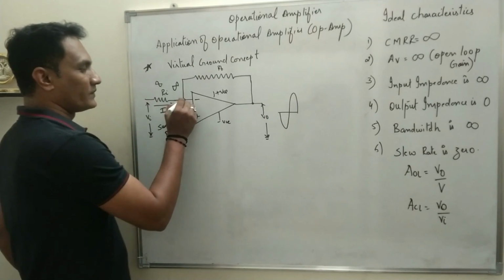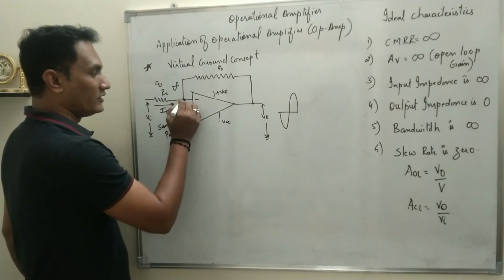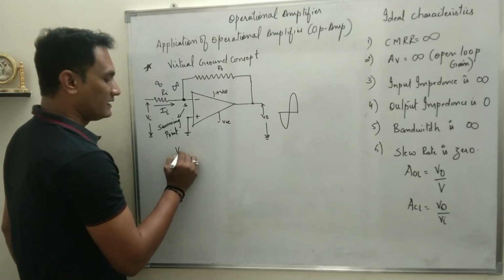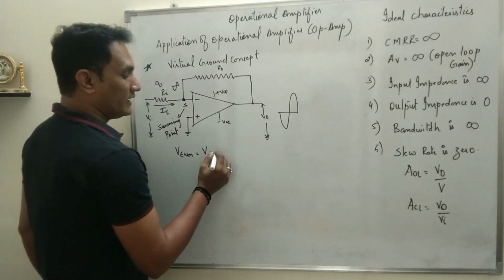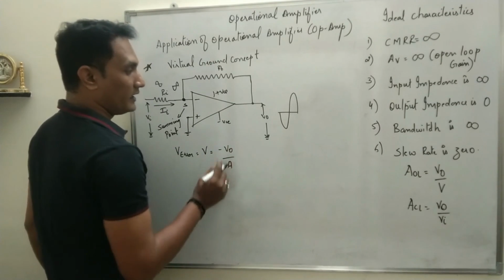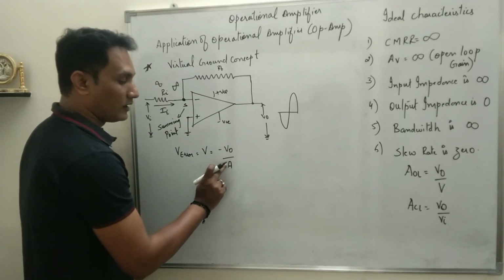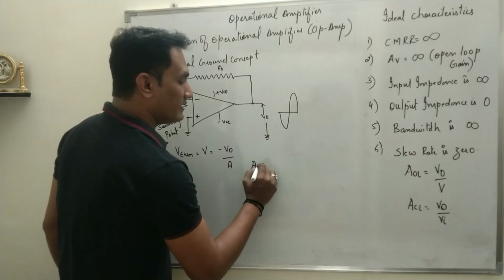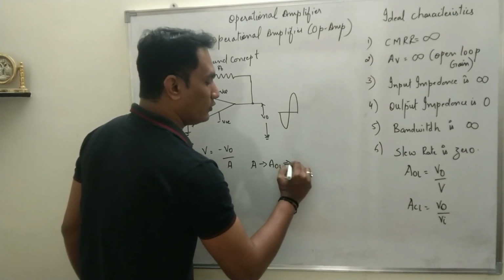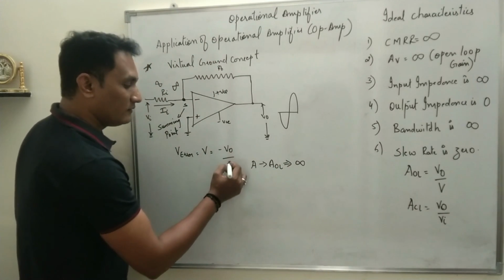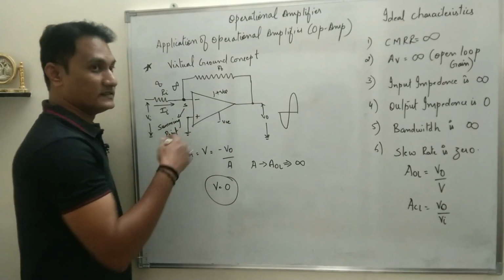We can easily identify this. This is the operational amplifier in inverting mode. The difference between the two input voltages is called V error, specified as V, and V error will be minus V0 upon A. Of course, the output will have a 180-degree phase shift with the input, so it will be minus V0 upon A. And what is A? A is AOL, the open loop gain, and open loop gain tends to infinity, and anything divided by infinity will be zero. So the potential at point S is zero.